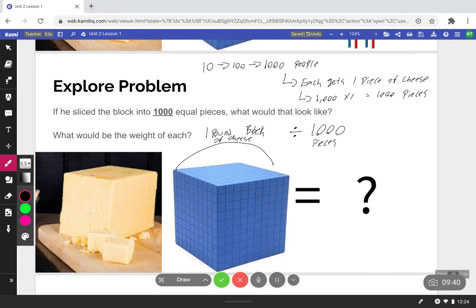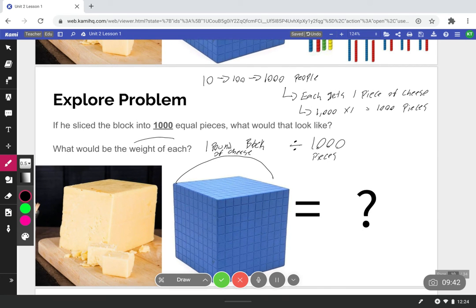Okay, so what would that look like? So what would be the weight of each piece? Because we're breaking it into 1,000 pieces. So each piece, like each person is going to get 1 piece out of 1,000. Because each person